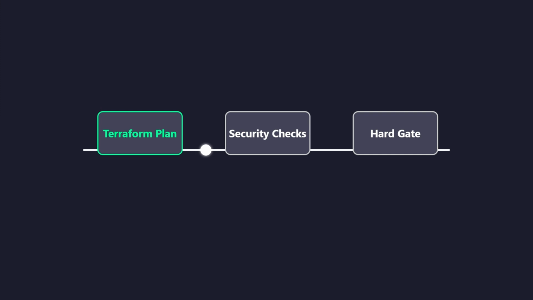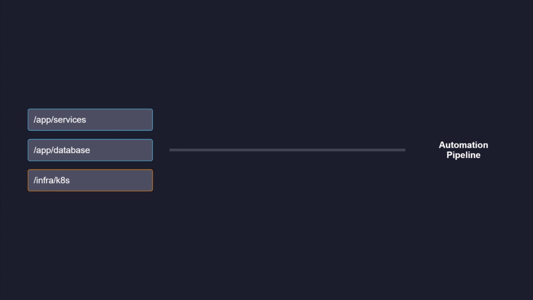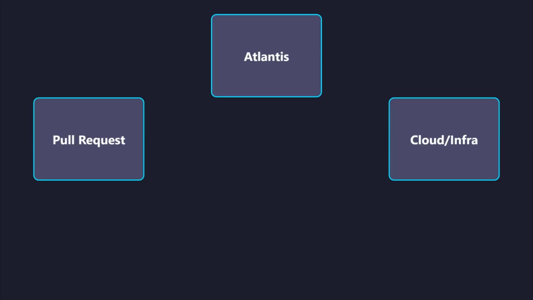Configure branch protection rules to require that your Terraform plan and security checks pass successfully before a merge is allowed. This hard gate is the final line of defense against infrastructure misconfigurations. Assign specific teams as code owners for infrastructure directories. This ensures that even if the automation passes, a qualified cloud engineer must still provide a human sign-off on changes